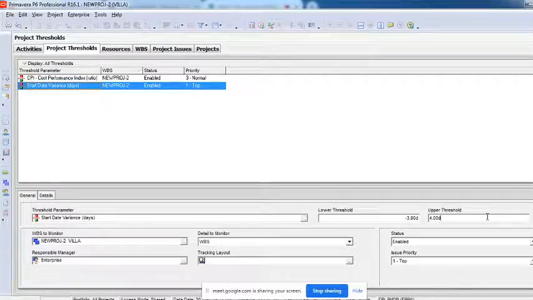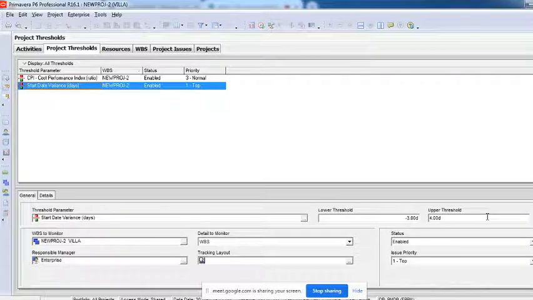I'll repeat. If this activity is going to start on 3rd June and it starts 3 days early, it is still not considered an issue, because -3 is still the lower threshold.